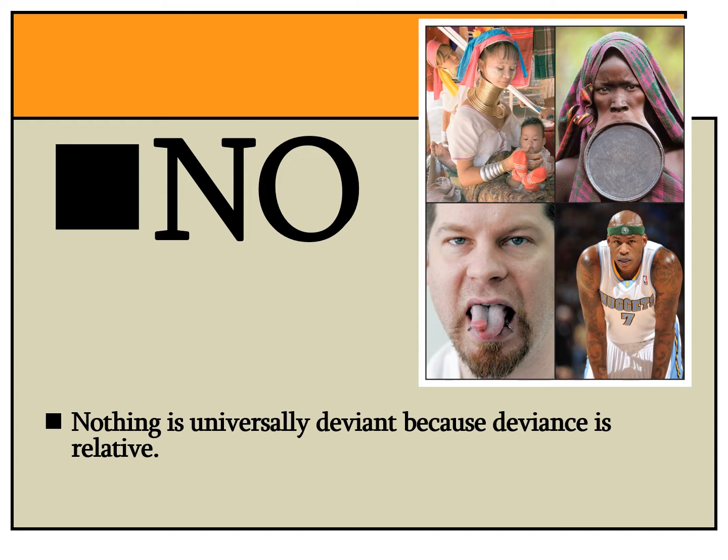And in sociology, nothing is universally seen as deviant because deviance in sociology is seen as something that is relative. And again, make sure you understand what this concept means. A lot of students have issues with this, so please make sure you understand what this means when we say that deviance is relative. So let me take some time here to explain it.